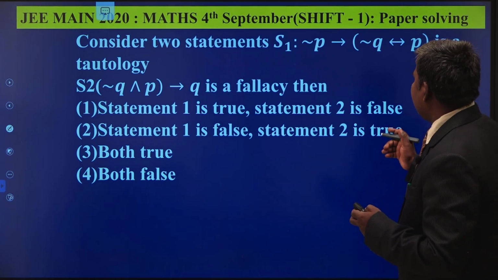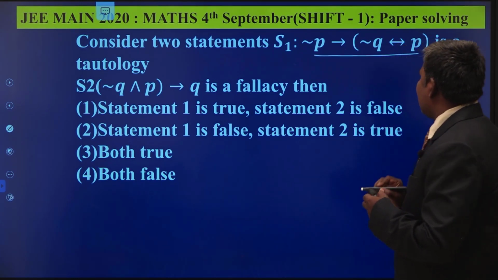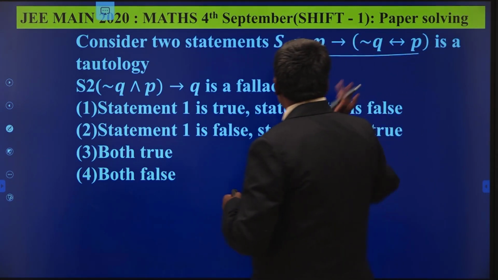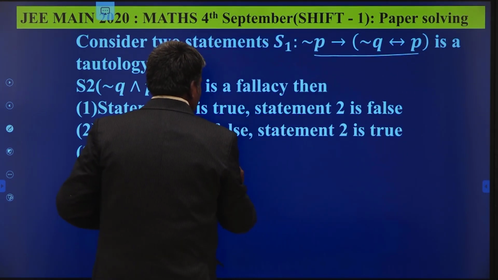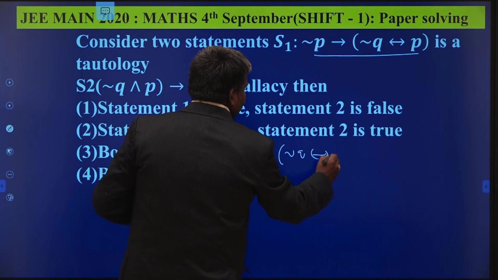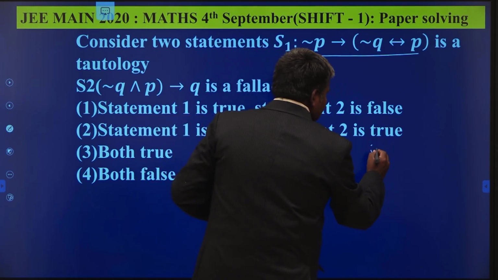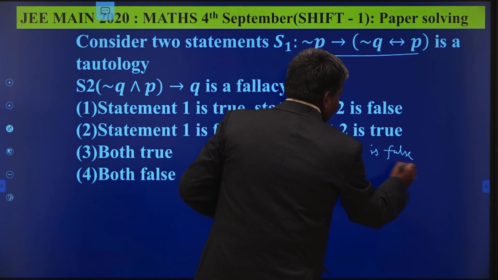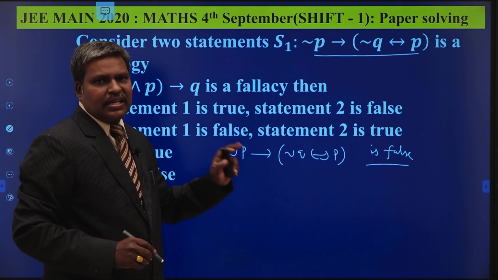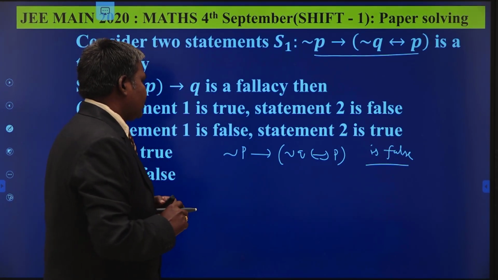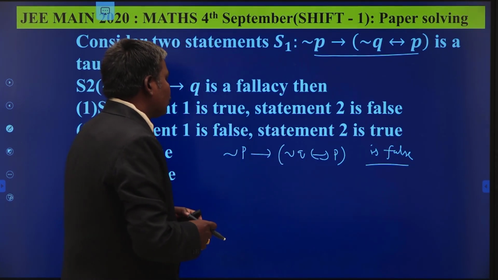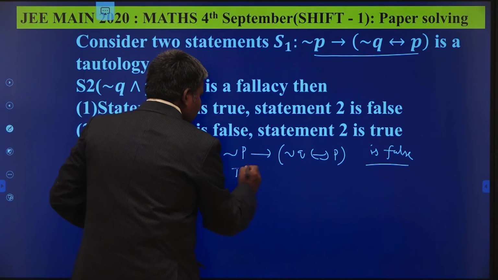So I am going to try to get at least one pair of P comma Q such that it gives false. Is it possible to get false or not? Let us check. Negation of P implies negation of Q, by implication, is false, say. If such a P comma Q exists, then the statement is false. Otherwise this is true. That is my target. Something implies something. P implies Q is false. Truth implies false is false. This must be true.